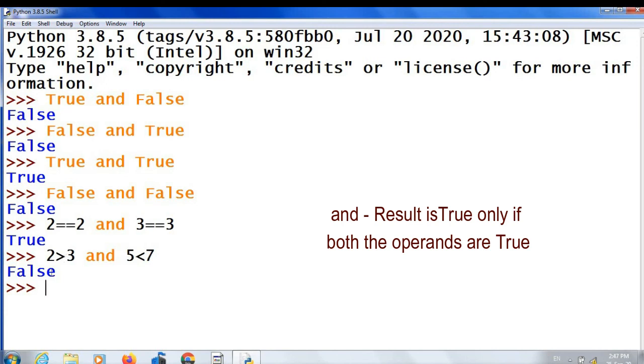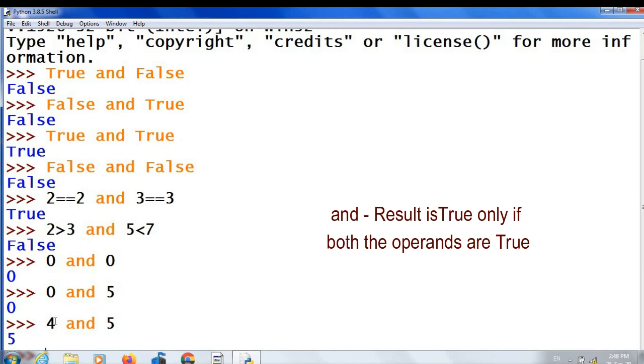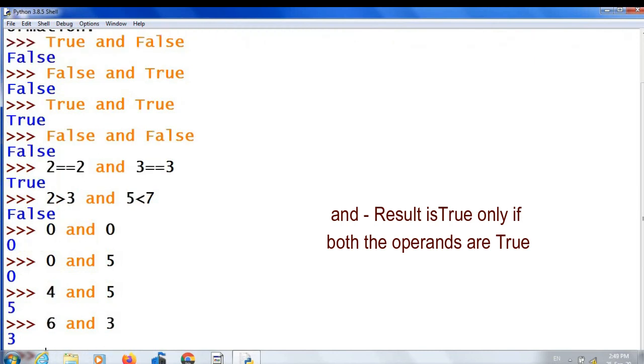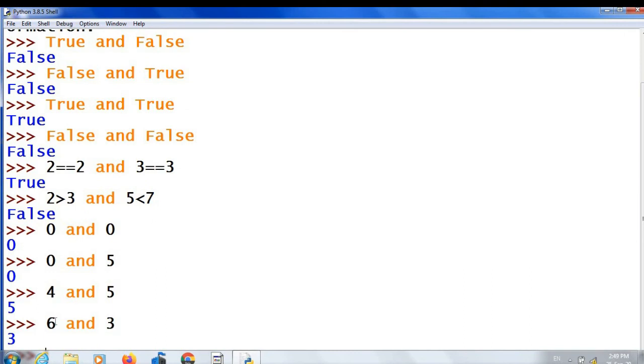So the result is false. Then 0 and 0, result is 0. 0 and 5, the result is 0 because the truth value of 0 is false. Then 4 and 5 is 5. 6 and 3 is 3. That is, it returned the second value.